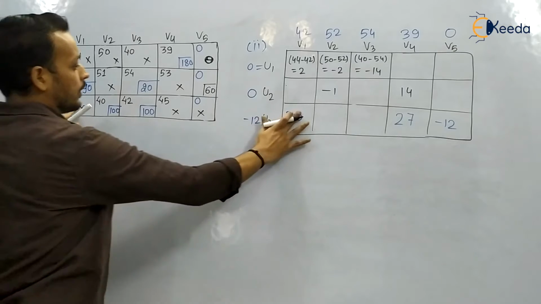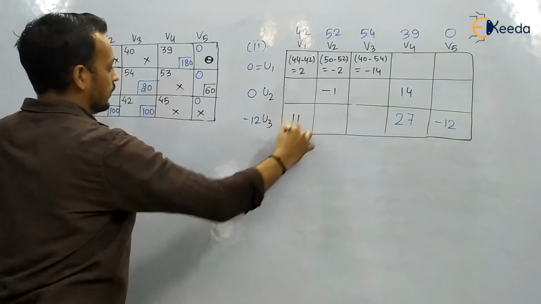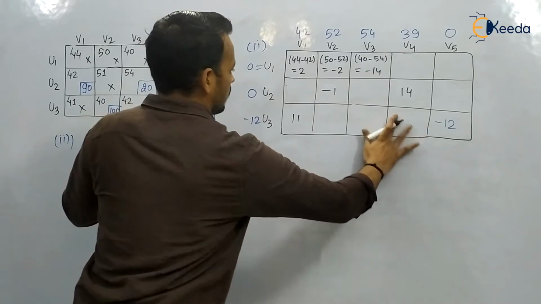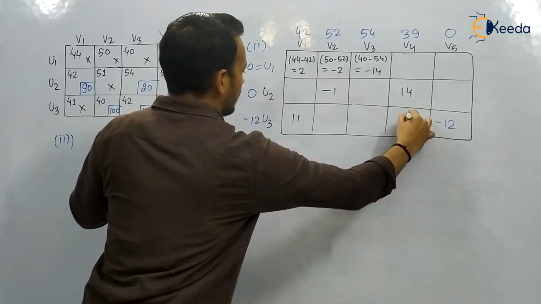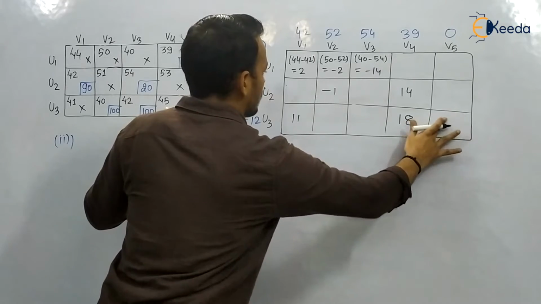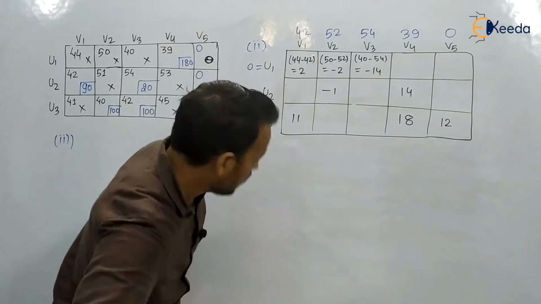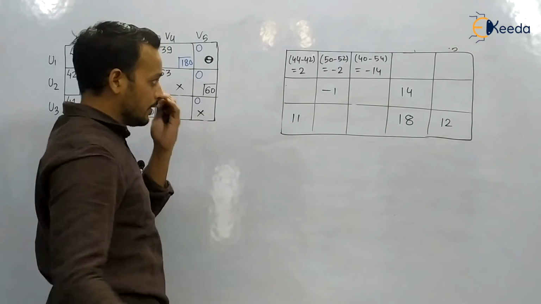Here 41 minus 30, it is going to be 11. And now 45 minus 27, 18. And 0 minus of minus 12, so it is going to be 12. Okay, so remove all these values. Okay, now you can see